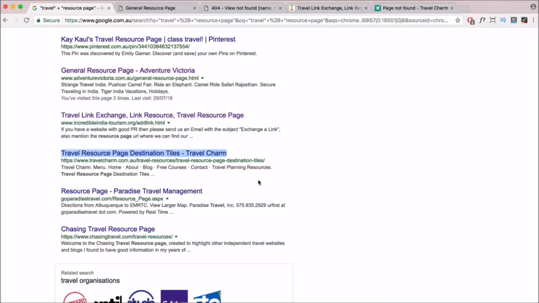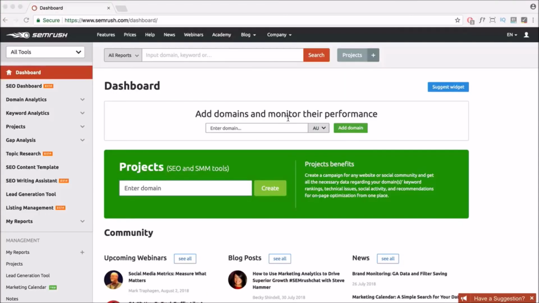So you can see whether or not people like your page or not, and then you could change it, change the wording, change the images, update it, and stuff like that. Okay, so if you actually want to track your rankings for your keywords for your actual domain name, you can